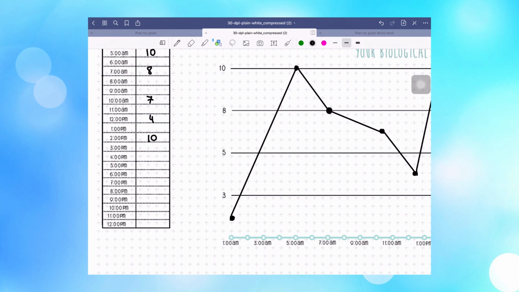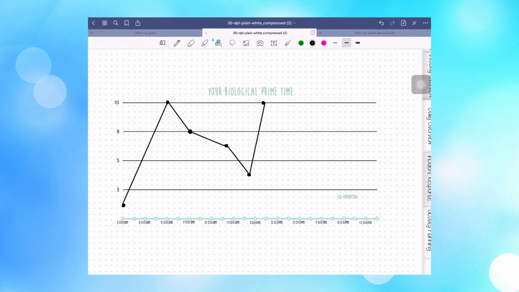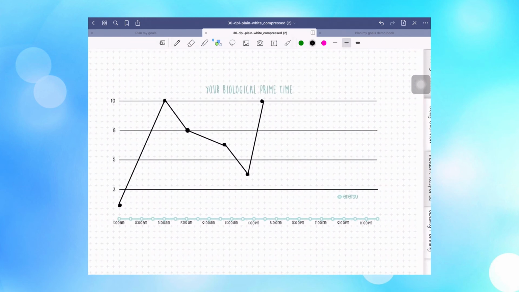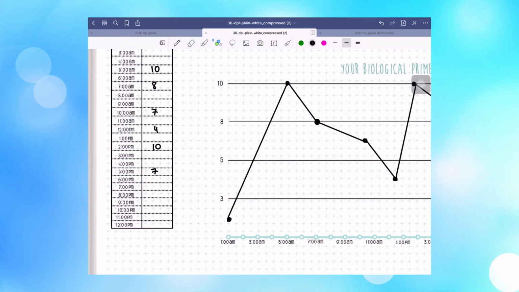Then at 4 or 5 p.m., I go down to a 7, about here at 7 p.m. Just like this. And then personally for me, at 8 p.m. it goes down to a 5